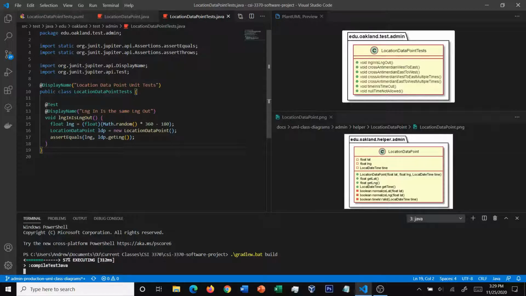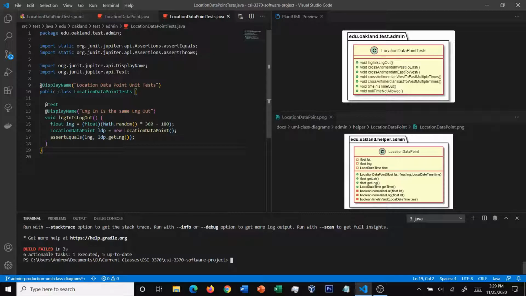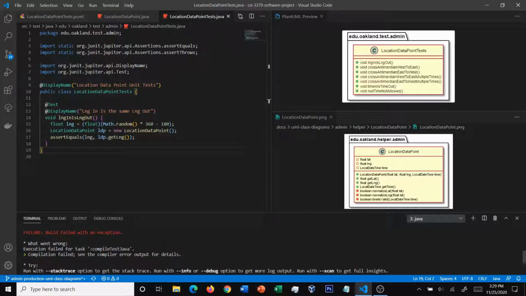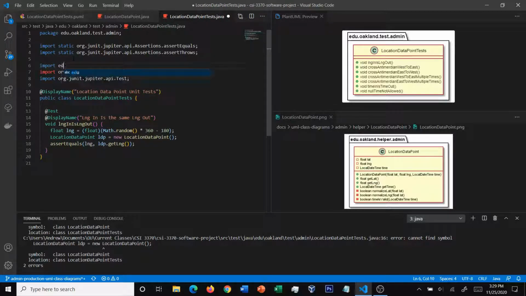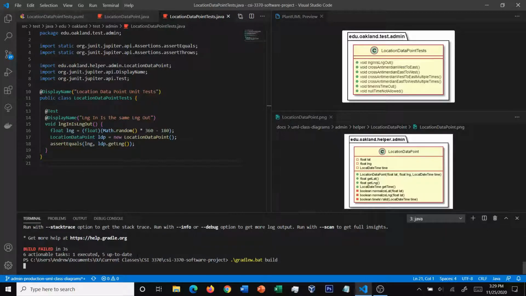So we've written our test case, and notice that it failed. Why is this? Oh, it's actually a compiler error. Oh, I forgot to import location data point. That is important to go through and do. Import edu. Okay, that should do it now. If we go through and we save it, build it,